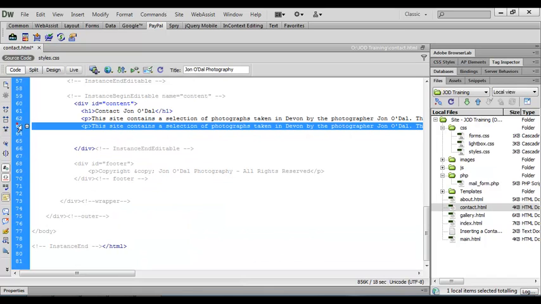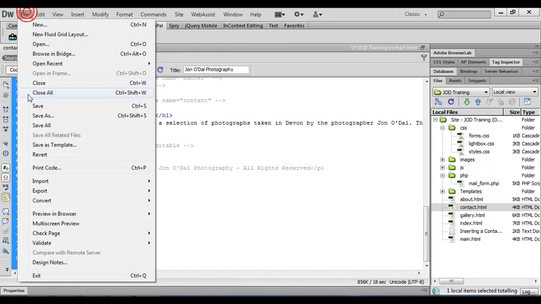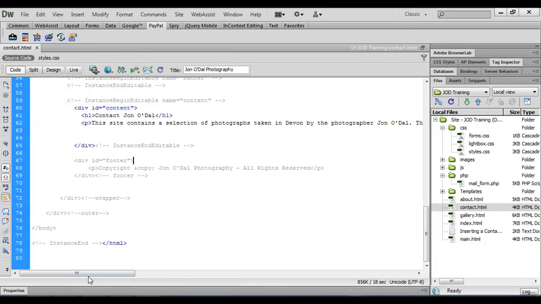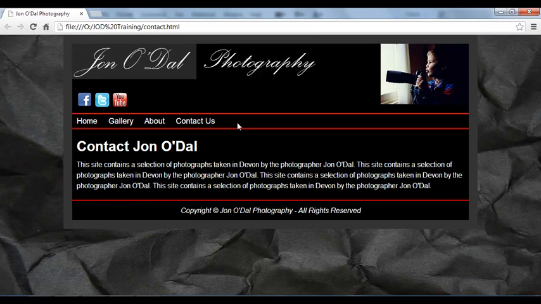And again, we'll delete one of the paragraphs of text in the content area as well. So let's save that. And again, we'll go back and preview. So there we are, we now have our web page ready to accept our form, and we'll place the form